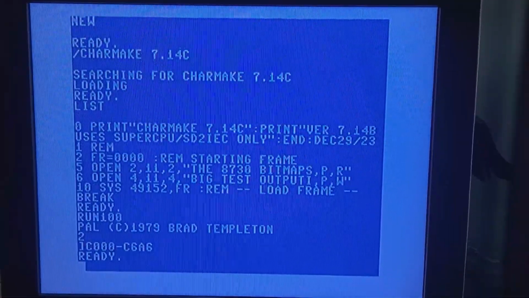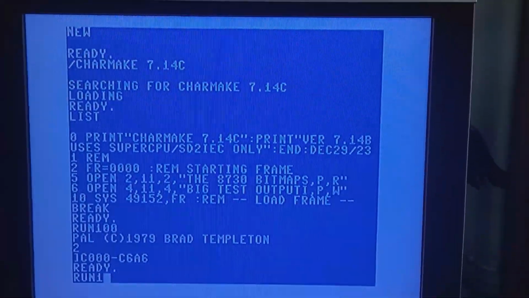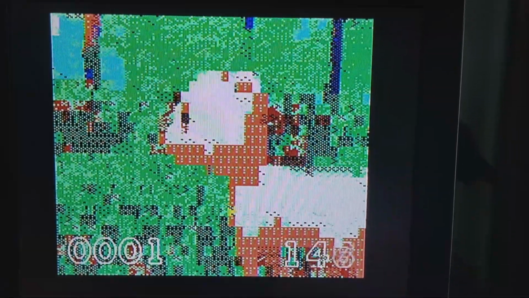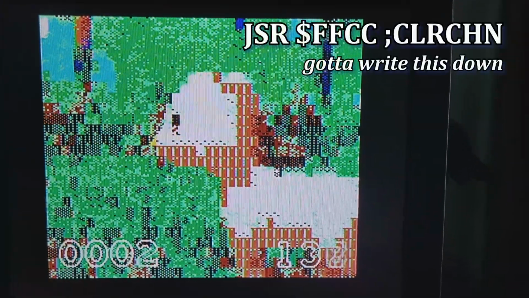So assemble and run. This is the super fast version because I don't have it doing the consideration routine. Come on. There. So we're going to get to the next frame quicker. Yes. Now, it'll take a few frames before I get the confidence that it's not going to screw up. Clear channel.